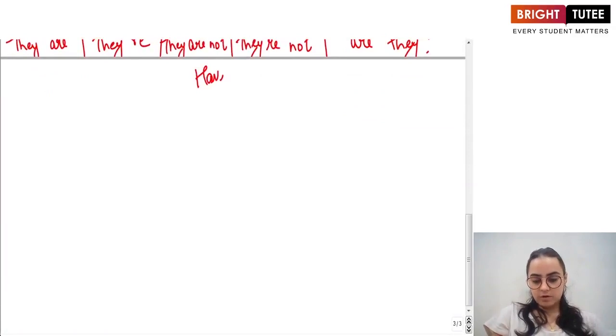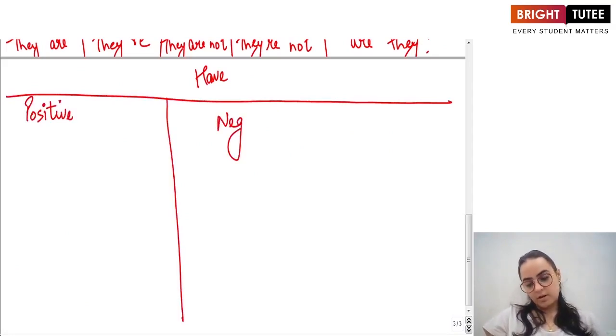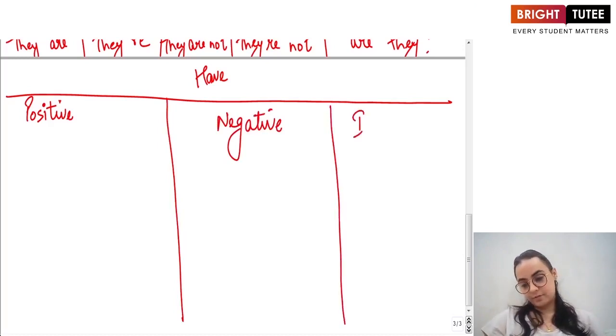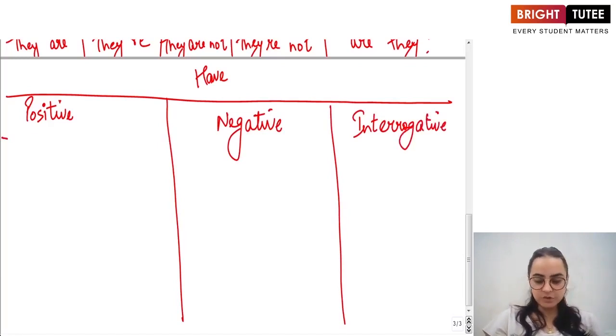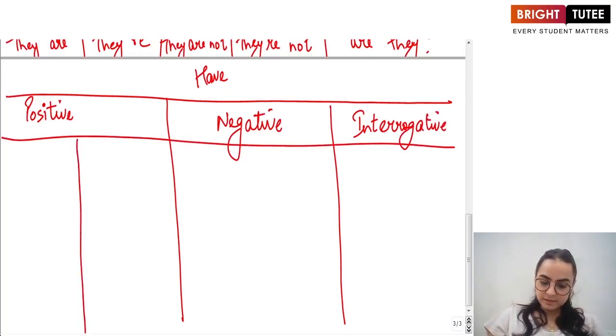If I talk about have, again, it can either be positive, or it can be negative, or it can be interrogative. Right? Just the way we've learnt about be, the positive sentence also, if I'm talking about have, then